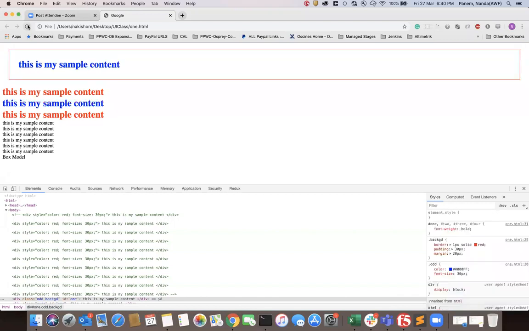If I refresh this, see here, for this border, on all sides, how much space is it taking? This is where the previous element started. As of now, there is no previous element. It is the 0th element. From the 0th element to the border, it will take 20 pixels from the top side, as well as the left side and the right side. At the bottom, it is going to be the space between the next element and the current border.